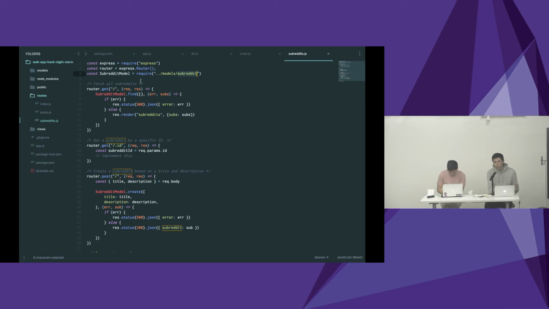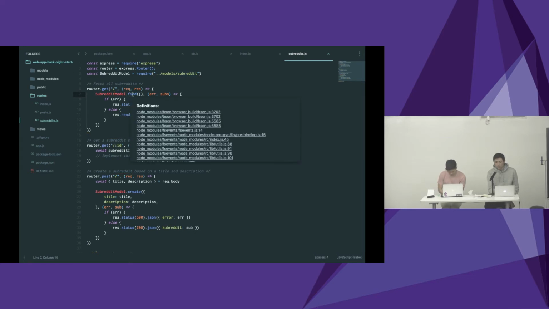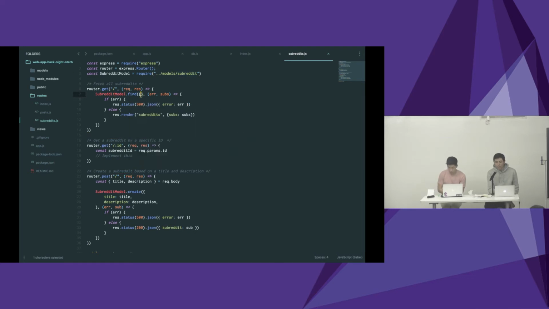So in this function, we want to fetch all our subreddits. So we do a subreddit model find, and because we want to find all of them, we give an empty object. We give no requirements or parameters. And then we have something called a callback function. Now JavaScript is what's called an asynchronous interpreted language. Asynchronous means that